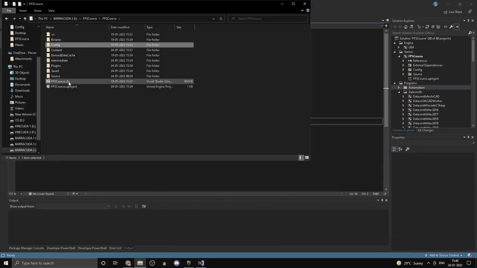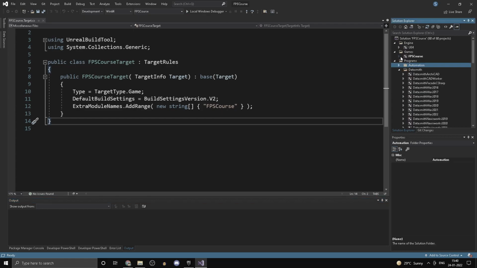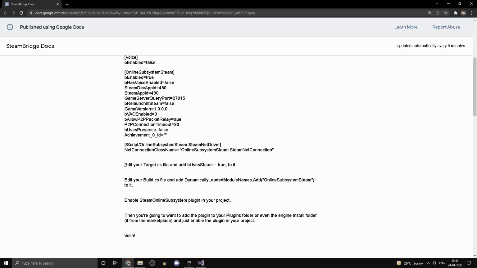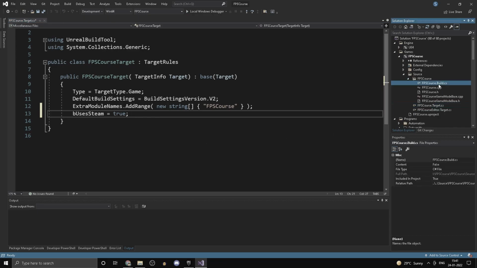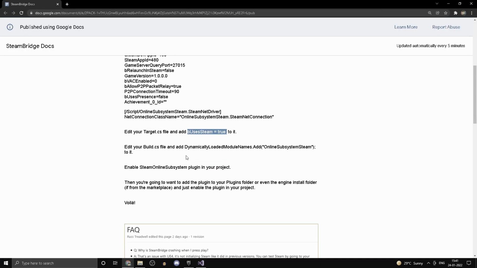Head into FPS course .sln, and over here under your games FPS course source, you should find a target.cs file. Once you open that, again head back to the documentation and just add this line to it, and expand this folder, go to your build.cs file and add this line to it,